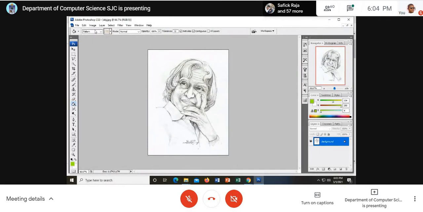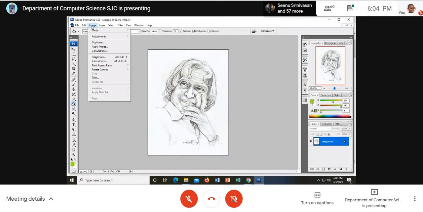Okay, it should be smaller. See, the size is bigger, no? So when I drop it there, it will appear as a big image. So you have to reduce the size. How should you reduce the size? Go to image, please make note of it. If you have a file already done, I still want to reduce the page.